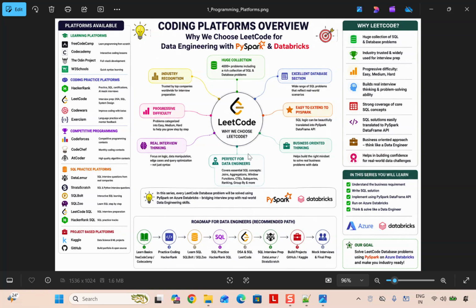So it is most preferred for data engineers, data warehouse developers, ETL developers, and all that, right? Generally, this platform helps us build the right mindset to solve real business problems with data. It will have a lot of questions where, if you solve them right, you'll be building your thought process of how we can solve the problem. So it has many SQL questions which will be easier for us to translate into PySpark and